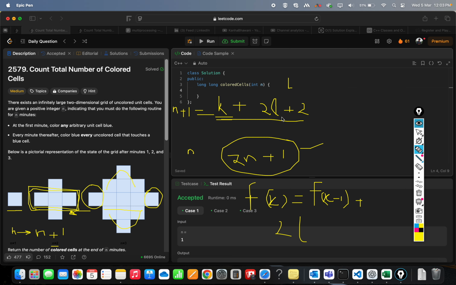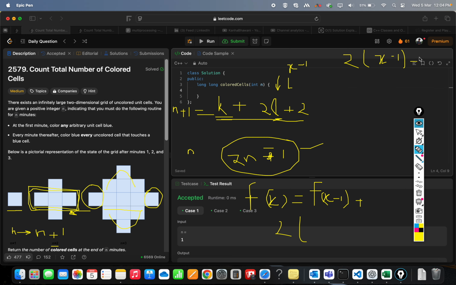L is nothing, so this is not plus 1, this is 2x minus 1, right? For n equals 1 it is 1, for n equals 2 it is 3, for n equals 3 it is 5, right? And so on. So what is this L? This is the width of the previous cell, right? So this is the width of x minus 1. So width of x minus 1 is 2 into x minus 1